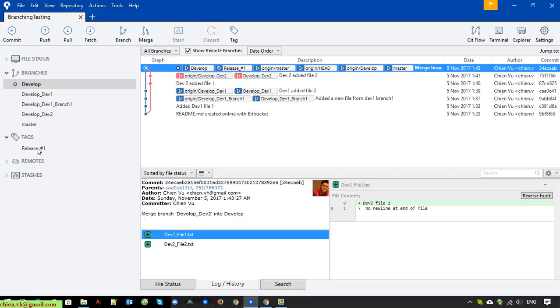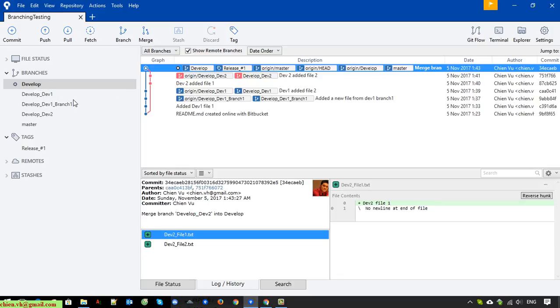Okay, so now after you deliver the release 1 to the client, and the team will continue working on other phases of the project, now you continue to work on the feature of the develop. Okay, so now you click on